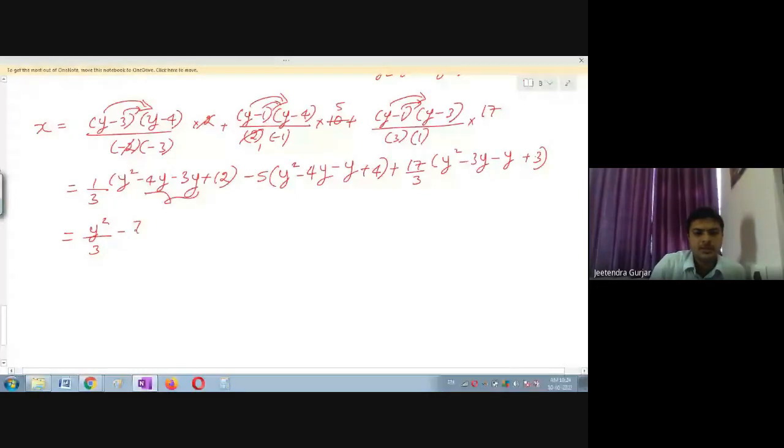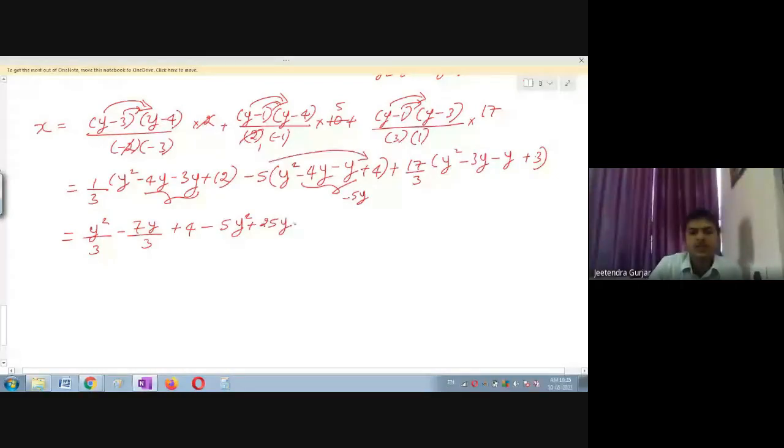So 3 I have taken, plus next this 12 is there, students. 12 divided by 3, I will just write this as 4. Next I will multiply this 5 inside this bracket. So this is 5y square. I will combine this 4y, and this is going to become minus 5y. Here you can see 5 and 5 will get 25, minus into minus will become plus 25y. Then this is minus 5 into 4, which becomes minus 20.